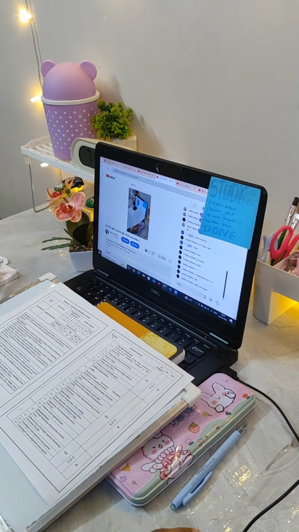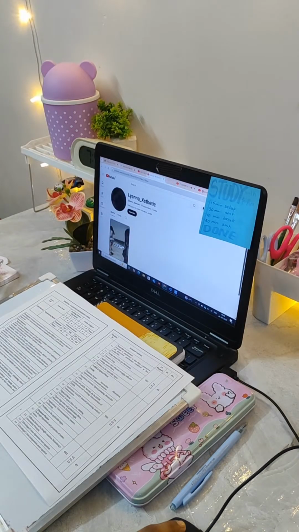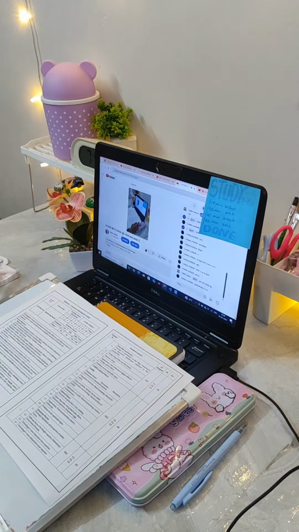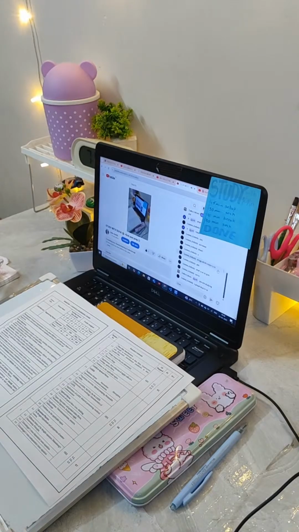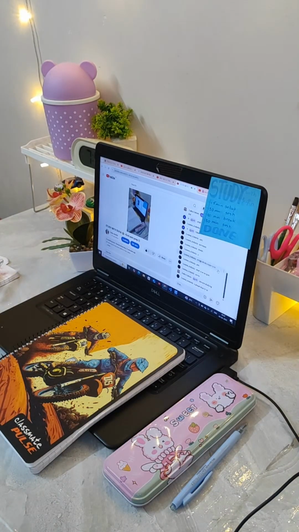So yeah, this is the timer that I'm going to be using. Ta-da! So I'm going to be doing a 30-10 Pomodoro. I'm going to be studying physics. Physics is a science subject, and I'm currently in engineering, so I do need to study physics too. I have physics this semester, and then the next one I have chemistry. So yeah, I'm going to be studying physics.